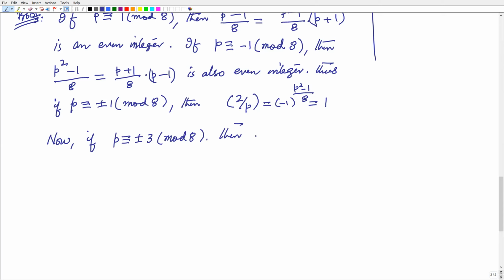So we can write p is of the form 8k plus minus 3 for some integer k. Okay, because whenever we have p equal to 8k plus 3, then